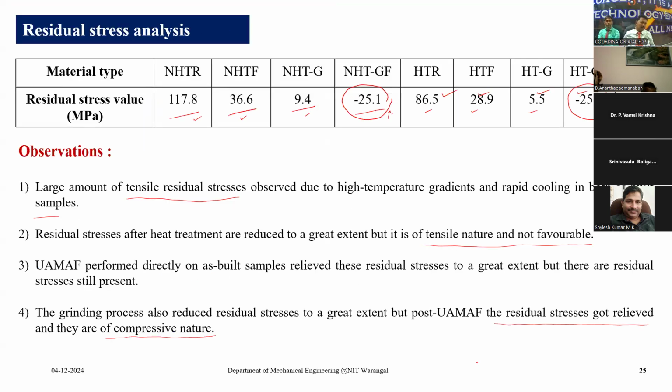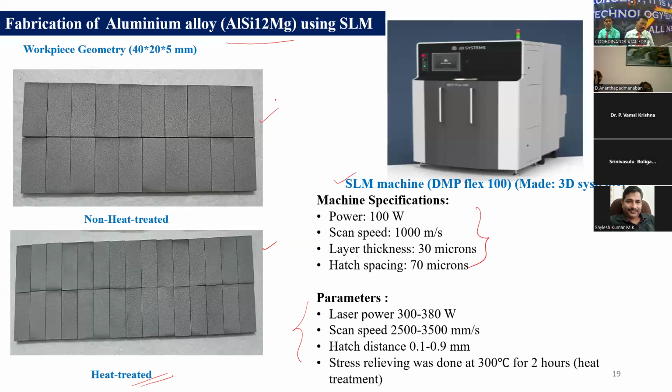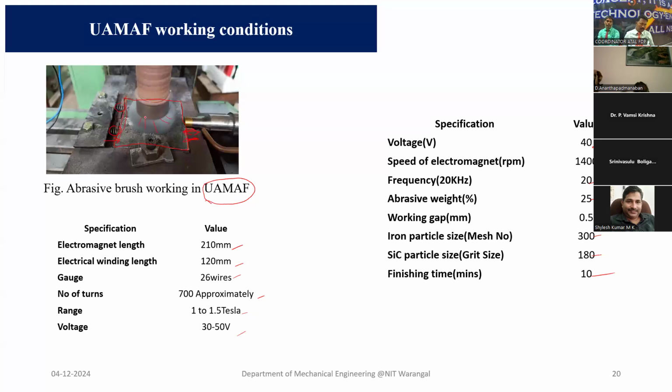But here again, some limitations are there in this process. As I told you, if you see, the fixture is rectangular and the workpiece is also rectangular in shape. But if the workpiece is a complex shape, then how can you finish that one? Because the brush is touching the surface like this, okay? So the brush is touching the surface like this, because this is all the brush, right? Which is rotating. So you can see this is the shape of the brush.